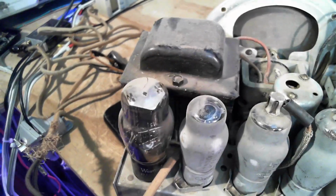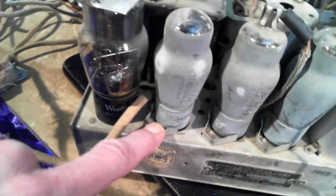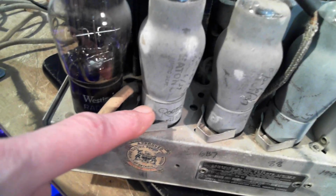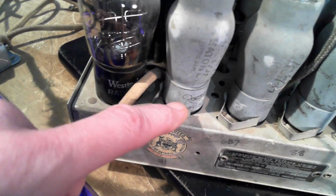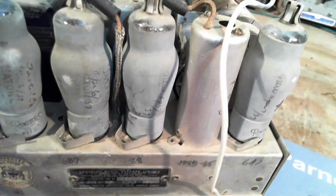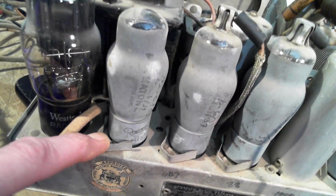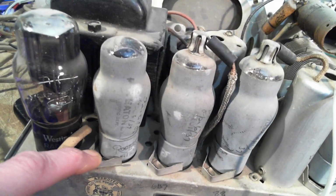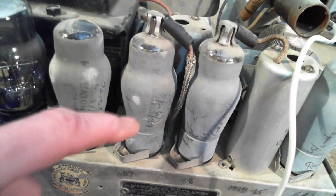There. These clips, to me, are clipping onto what is really a plastic base, but it's got paint on it, but you don't rely on this to make a contact. It could be there was a different set of tubes in here, where a metal shield was required, slid over top of the tubes. So I just wonder if this is an upgraded radio, upgraded to these tubes, and then all these dates are